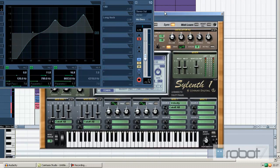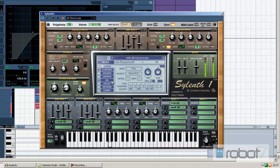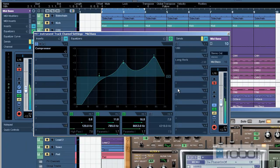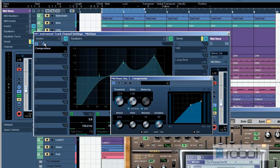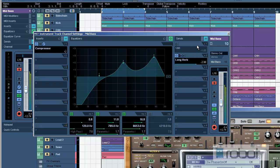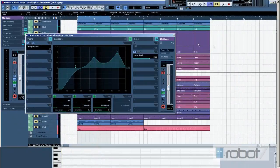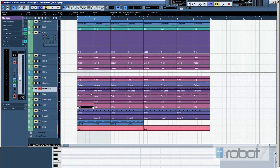Let me switch these effects off. I also added a phaser to this. So it started off as a normal bassy sound. I wanted something that moved around a bit. So what I've done is I've EQ'd it so it's much twangier. And then I've added some delay and quite a long reverb. Oh no, I left the delay off, sorry. And then finally a phaser, which I added on. This was a preset I used, but I added on a phaser, so you can hear it moving around a bit more. Now, if I play it,